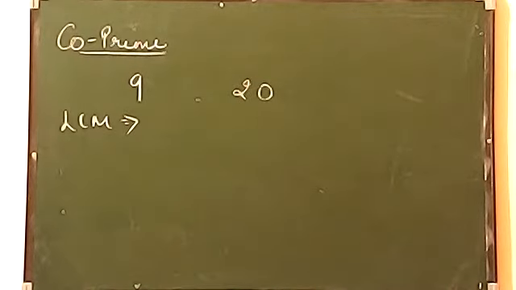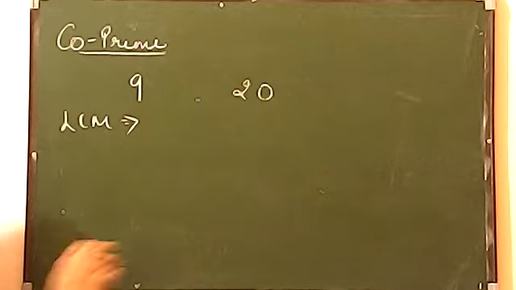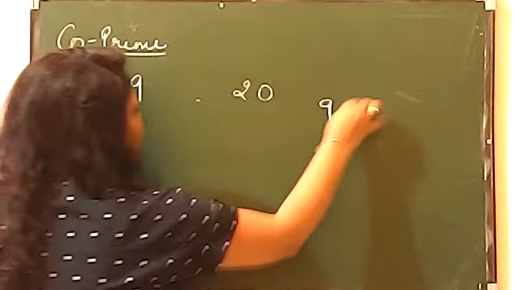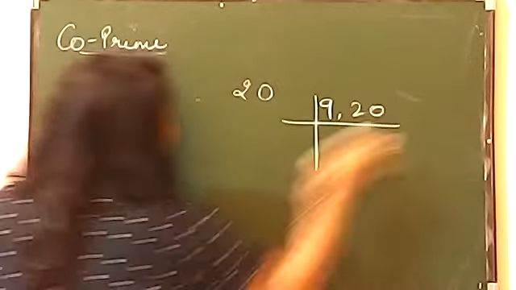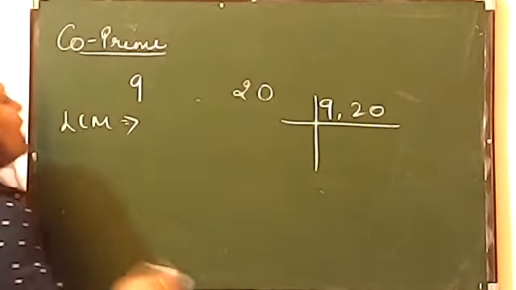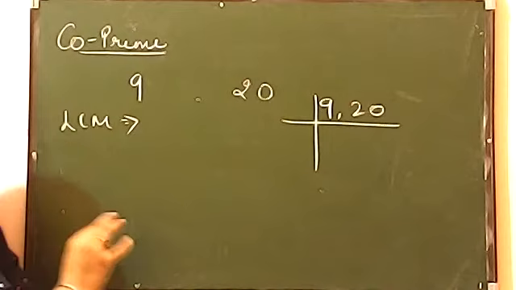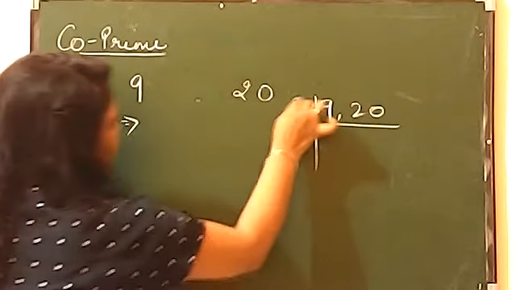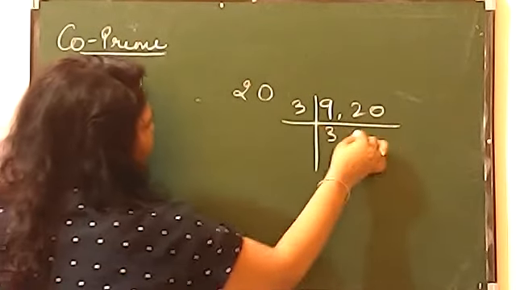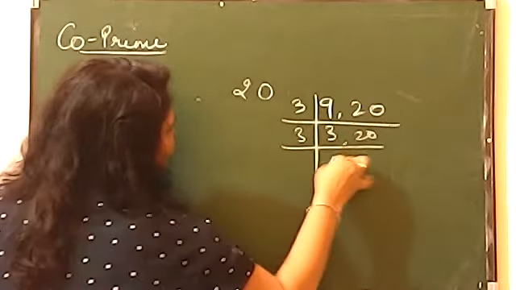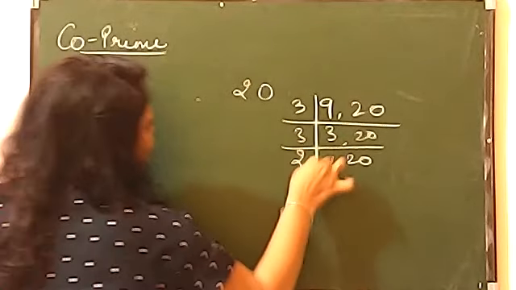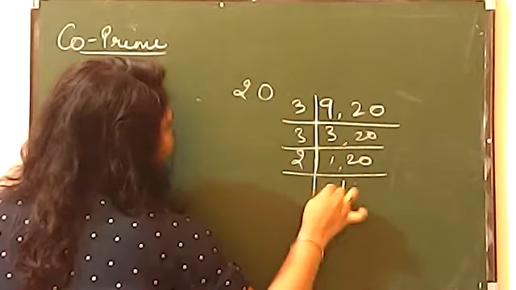There are some numbers which are co-prime numbers, and suppose a question comes to find their LCM. Always remember, if you have two co-prime numbers, their LCM will always be their product. Let us solve it and prove that it is true for every condition. Now look here. 3 3s are 9, it will not divide this number. 20 will remain like that only.